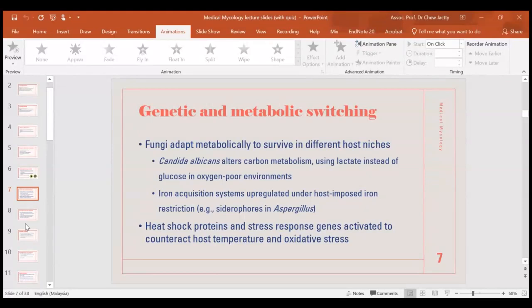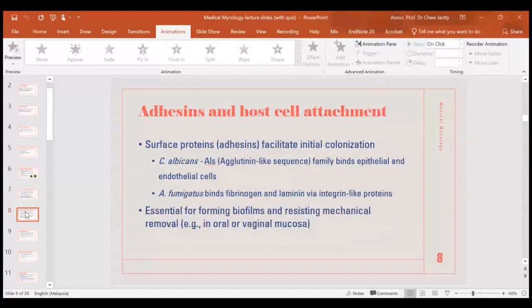So this is the second type of virulence factors. And also, just like bacterial cells, they can produce adhesion proteins that help them attach to the host cell. If you recall the process of pathogenesis, for example, in other microbes such as bacteria, adhesion is the very first step of pathogenesis. So just like that, fungi also have surface adhesion proteins that help the fungi initiate the colonization